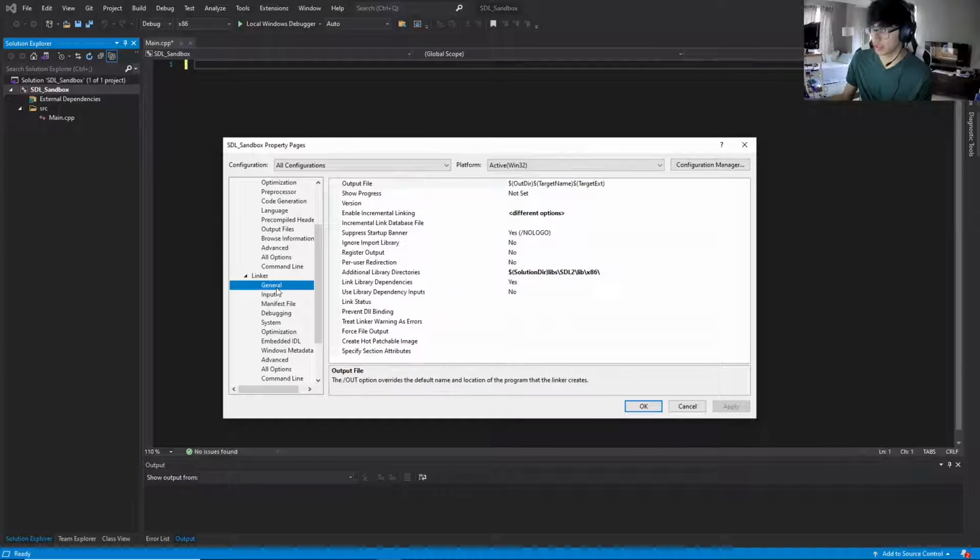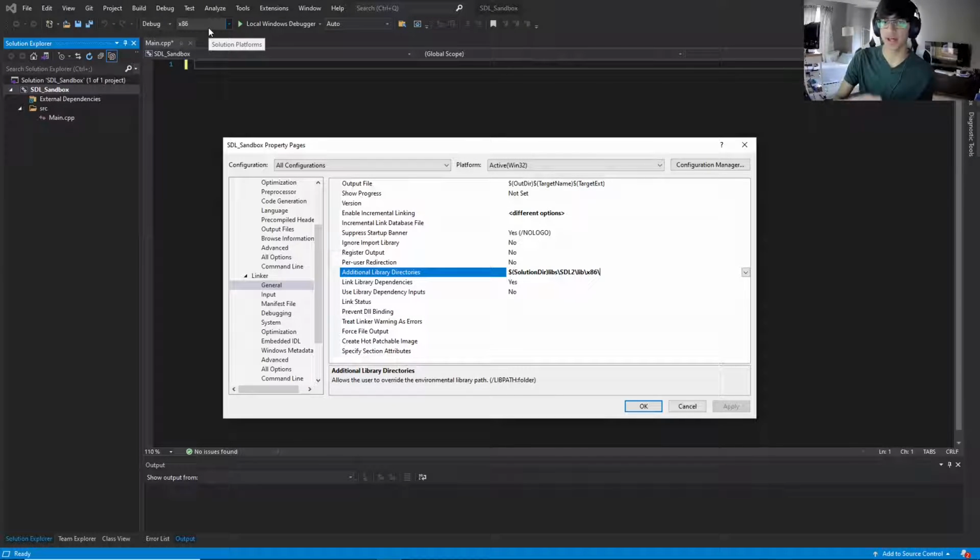Now in the linker, in general, for additional library directories, this is actually going to change depending on what platform you're on. If you're on x86, you want to look for the x86 folder. If you're on x64, you want to look for the x64 folder. And by the way, I just want to clarify that the x86 is what platform you're making it for, not what platform you're on. So don't just make it x64 because you're using 64-bit Windows. It's what you're developing for, and we're going to be developing for 32-bit